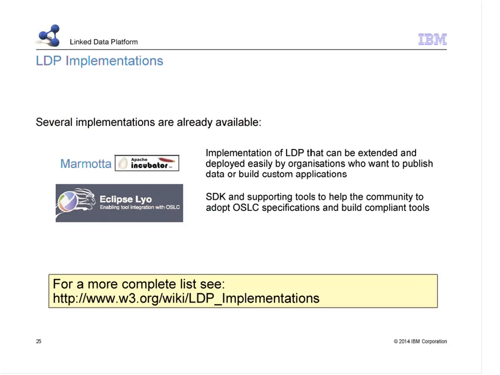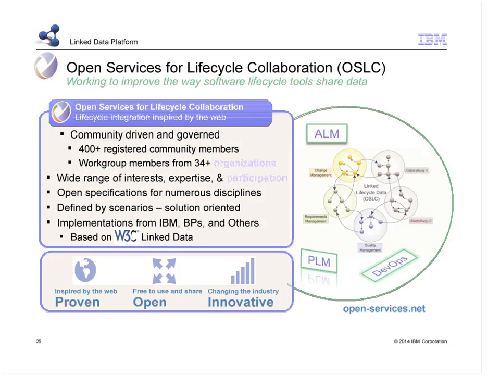And there's also the Eclipse Lyo project, and it gives you a whole SDK to be able to use LDP both as a client and as a server. And as part of Eclipse Lyo, there is a tutorial that shows how you can easily turn Bugzilla into an LDP server. It adds just a thin layer in front of it that allows you to access Bugzilla through LDP. So it's actually pretty cool from that point of view.